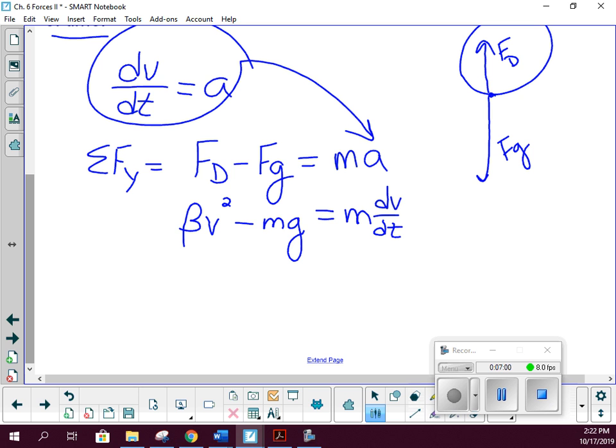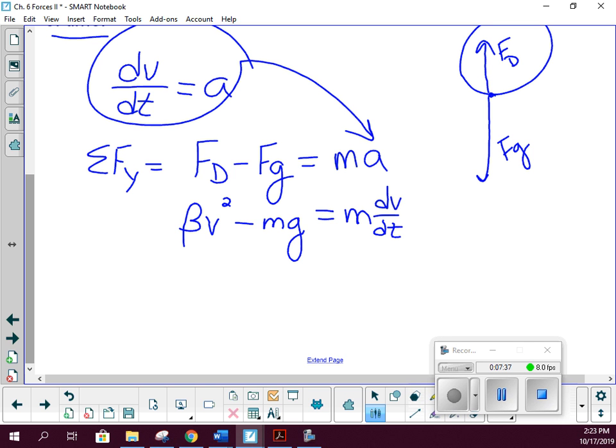Do they care what the mass is? No, actually they will not care. They just need an equation that's in the following terms. It needs to have velocity in it, needs to have time in it, and the other values that are in there need to be constants. So for instance, your beta there, that's a constant for that particular situation, as is mass and g. Those are going to be constants that are given to you in that system. And the only things that can be changing are the two that are in your differential, the dv